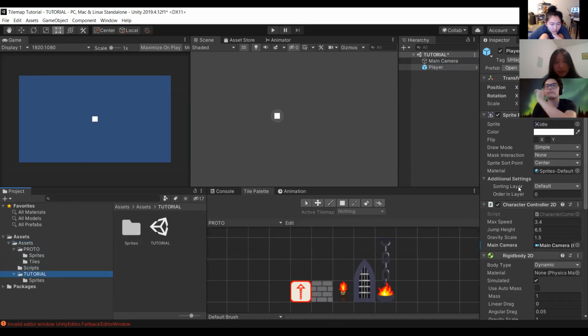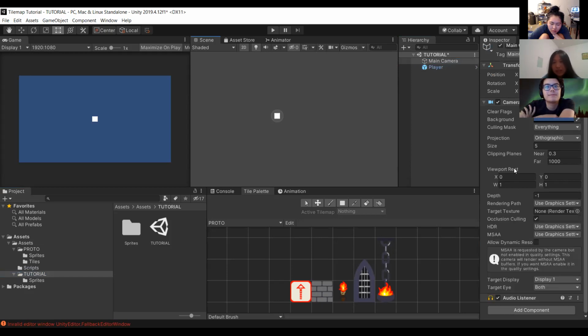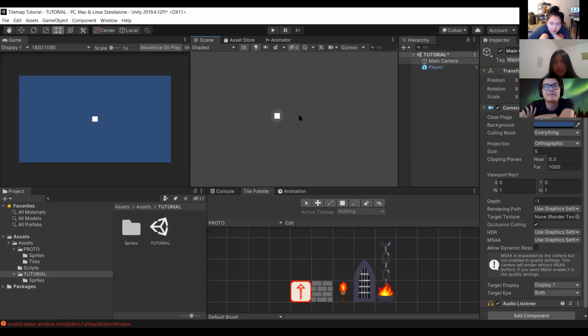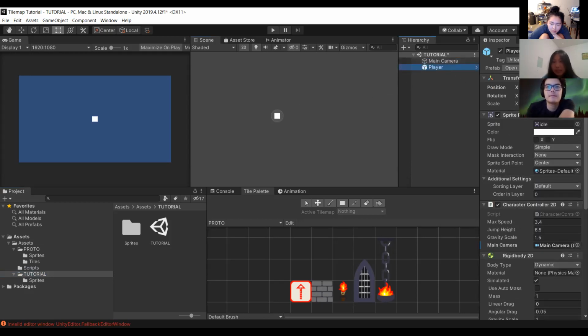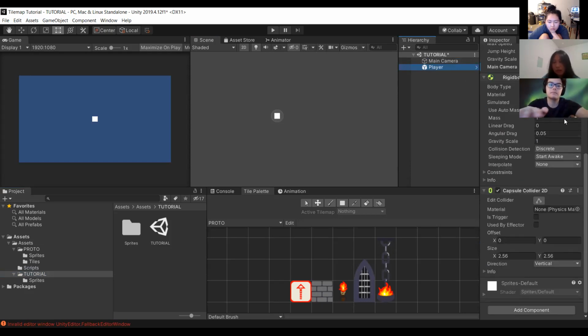And the final important thing is over here on the right, you have something called the inspector. What that is, when you click on an object, either in the hierarchy or in the scene, something will show up on the right. And this essentially tells you all the information about said object, if that makes sense. So if I click on the player, I see that the player is at position 0, 0. Scale, it has a sprite that is this sprite right here. It has a character controller that allows you to move. And then it has these colliders and rigid bodies that I will go into a little bit later.